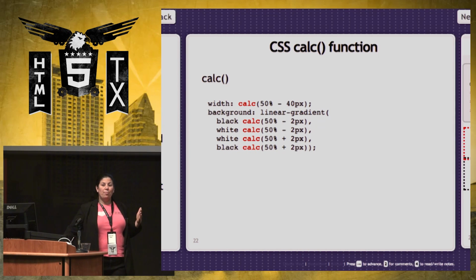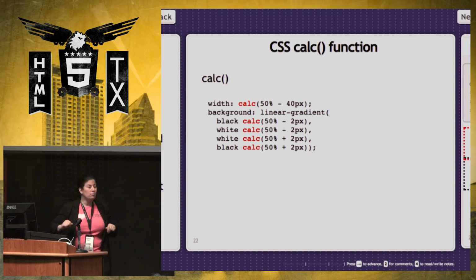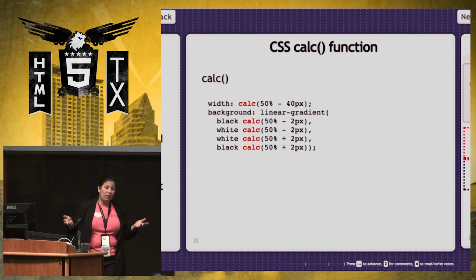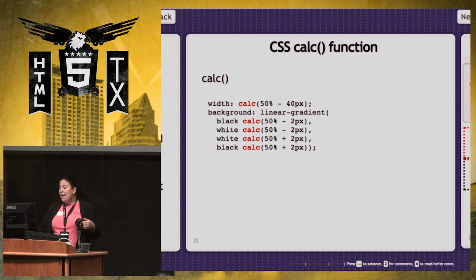So if you use box-sizing and -moz-box-sizing for Firefox, with the value of border-box, you can basically match the old IE box model. But in this case, you might want to be calculating other things besides the box model. And so here I'm calculating 50% of the width minus 40 pixels,